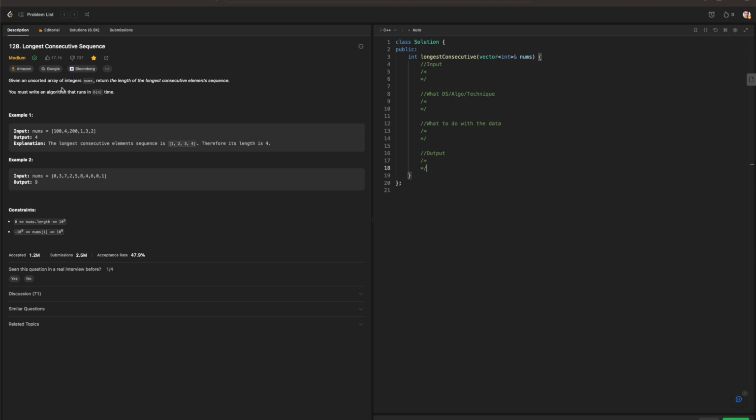So now, breaking down the problem: given an unsorted array of integers nums, return the length of the longest consecutive element sequence. You must write an algorithm that runs in O(n) time. Okay, so to be able to give a breakdown of exactly what we need to do for the following,